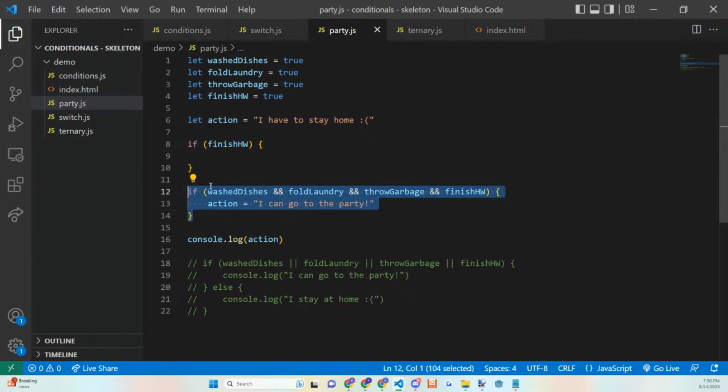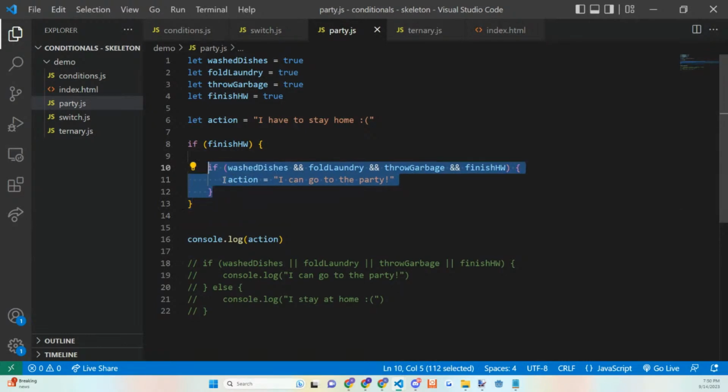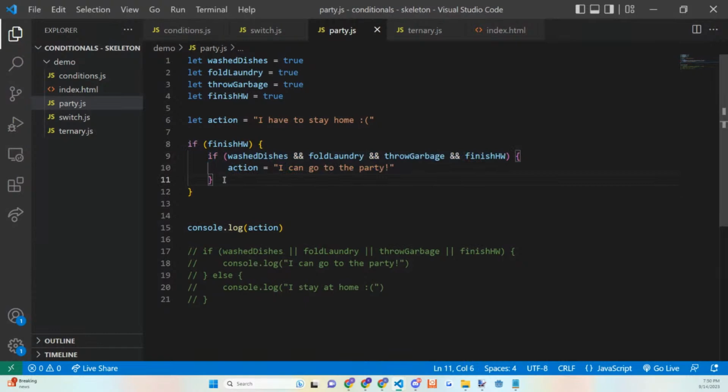So I'm going to copy all this and actually move it up here. And now we have a nested if condition, right? We no longer need this and finish homework inside because we're saying if I finish my homework, then I can do something. But if I don't do any of the chores, then I'm not allowed to go to the party, right?